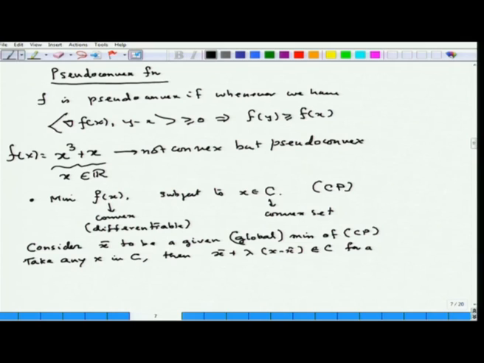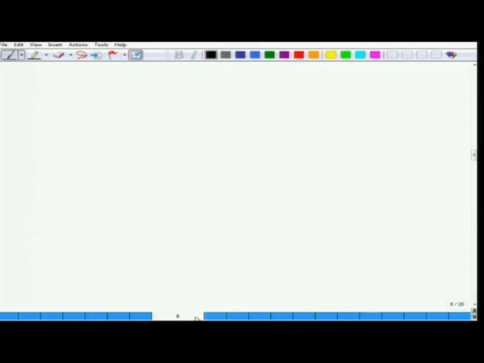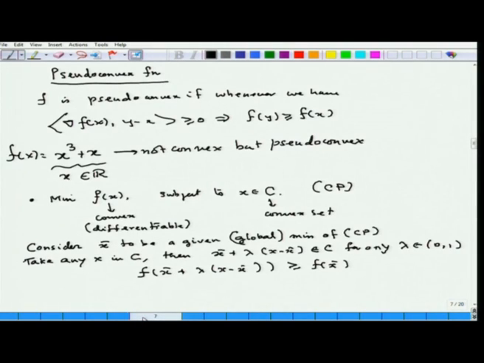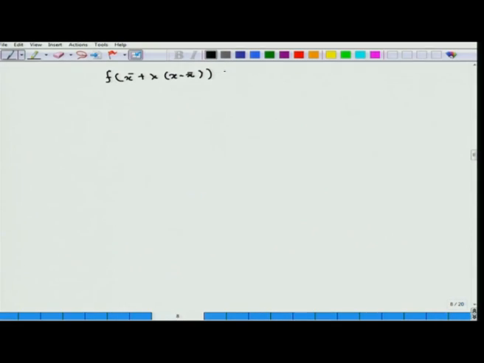for any lambda strictly lying between 0 and 1, obviously any lambda between 0 and 1. Now, because this is in C and x bar is a global minima, I would have f of x bar plus lambda x minus x bar to be bigger than or equal to f of x bar, right. Once I have this, I can take f of x bar to this side to write this as,